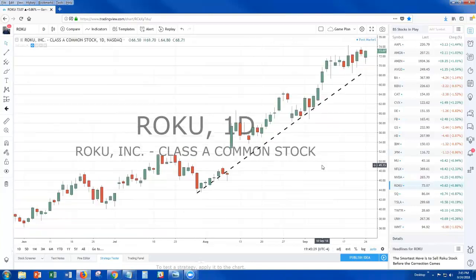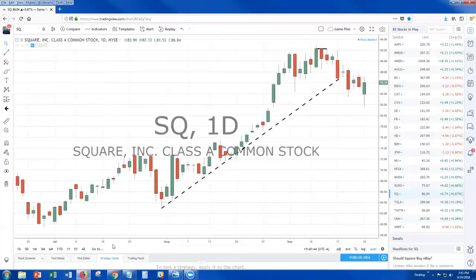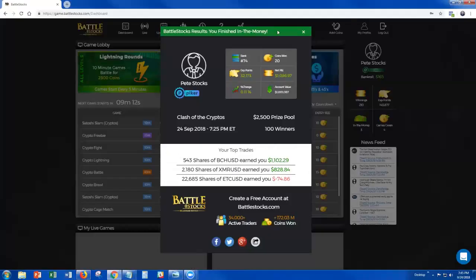Let's see, Roku. Oh, very different perspective here in Roku. What's going on in Roku compared to the rest of the market? The market pulled back, right? Gap pulled back and almost touched resistance. Roku didn't do that. Not only did Roku not pull back, it actually closed strong. I would absolutely be getting involved in Roku tomorrow. So when you make your picks tomorrow,